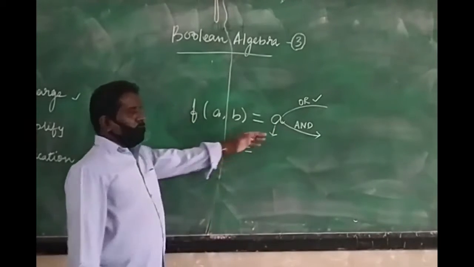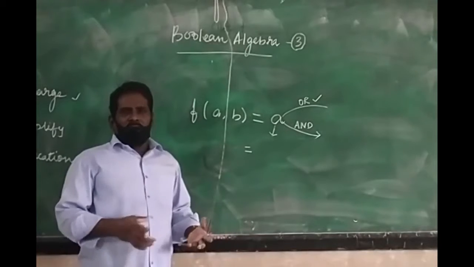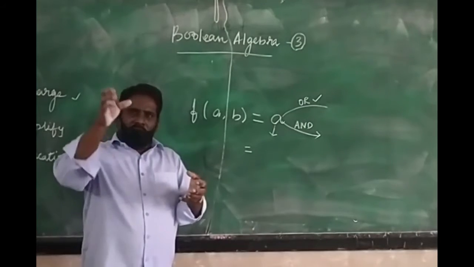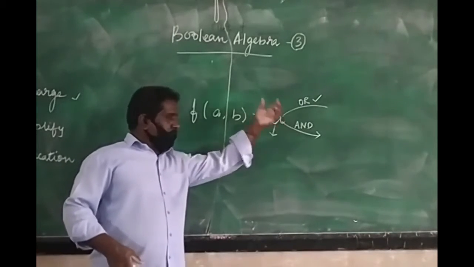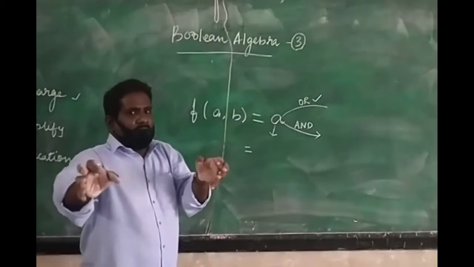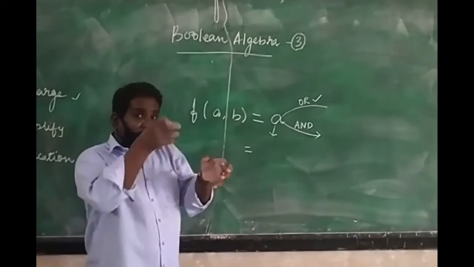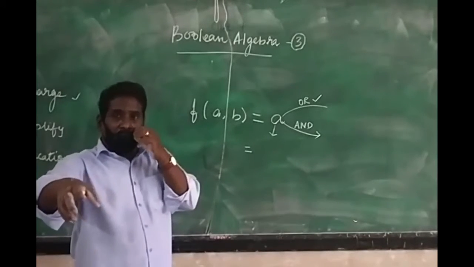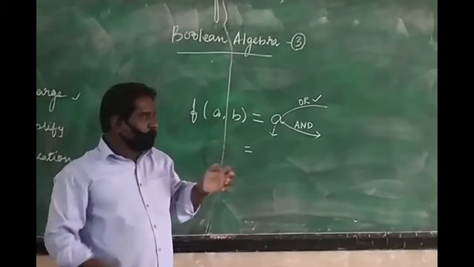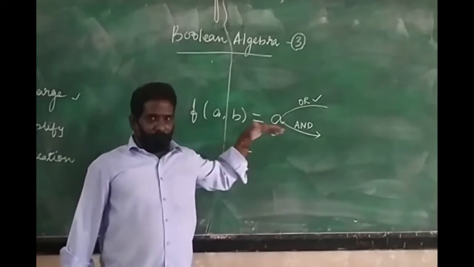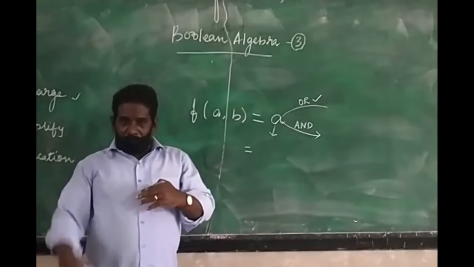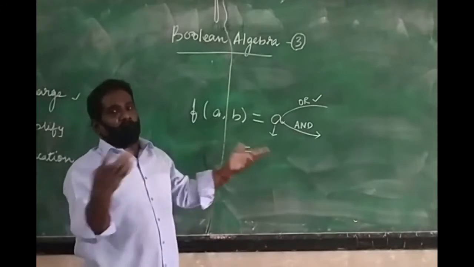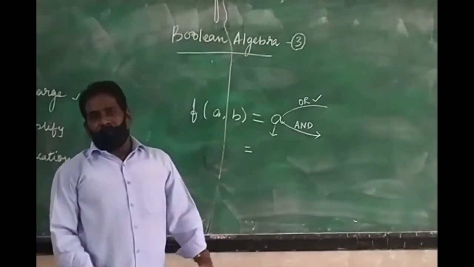I am going to apply a rule. Applying a rule means finding a similar term in a rule and taking out its equivalent right hand side term. If it is a right hand side term, we will take out the equivalent left hand side term. Applying rules means finding the similar term of the expression in a theorem and taking out that theorem's respective right hand side value. That is the meaning of applying.